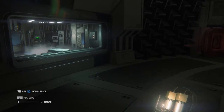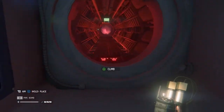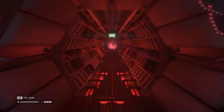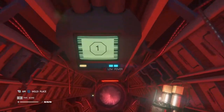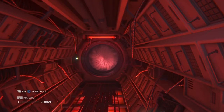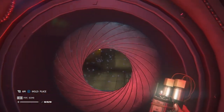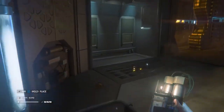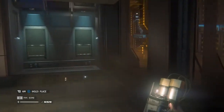I thought that, because you have to use your security tuner inside of that hallway, that little access tunnel here, the Jeffries tubes. And the screen is lit up, but I can't do anything with it. And I don't know where I'm supposed to...